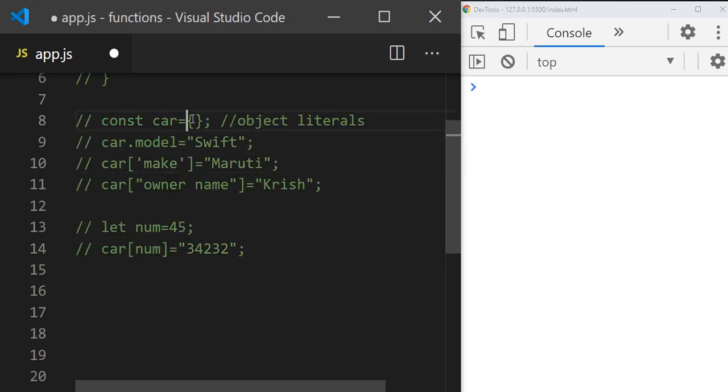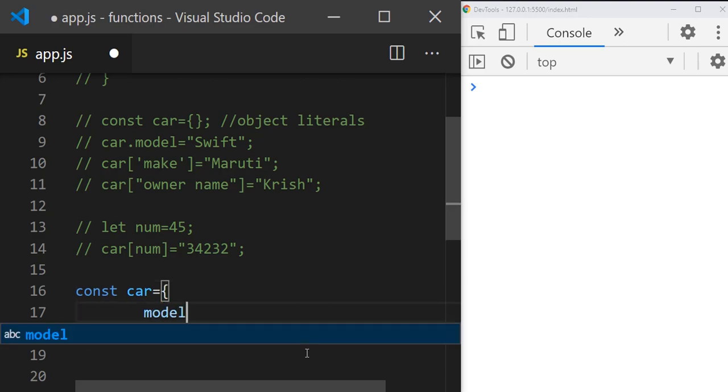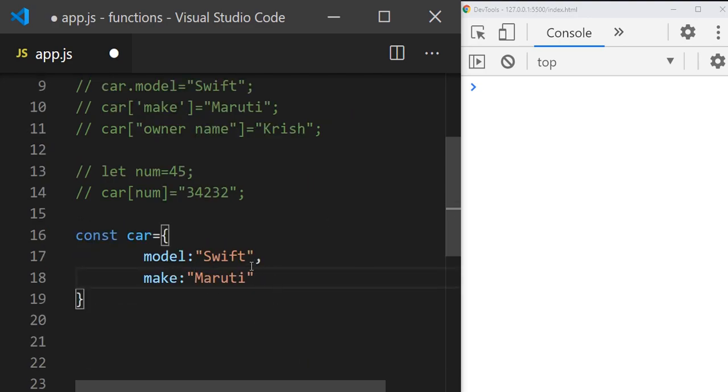We have seen object literals here. Instead of adding the properties one by one, we can create the object like this also. Car equal to, and here you can give model and directly the value. When you are creating the object like this, you should give a comma between each property, and you can add details as a function.